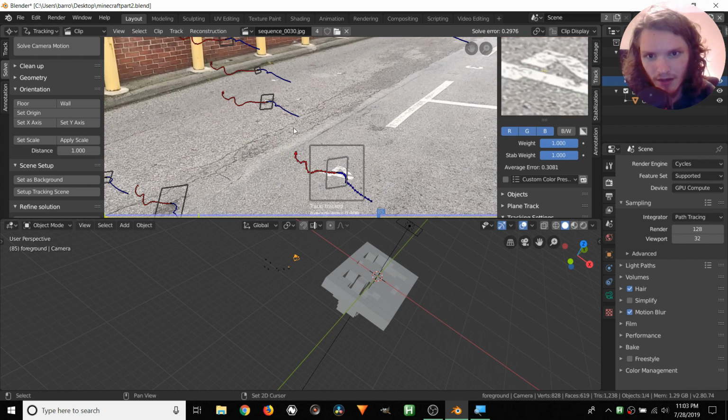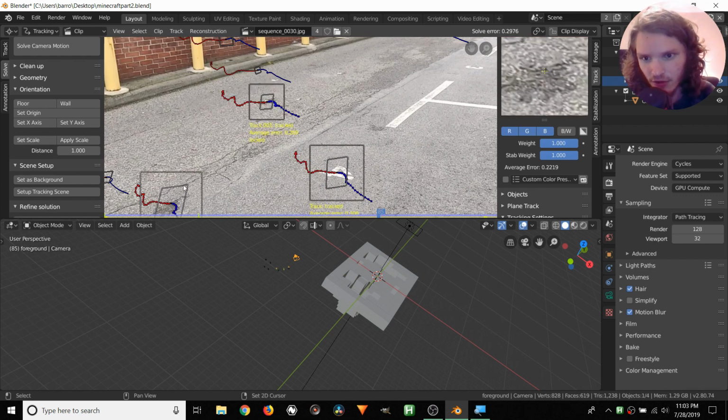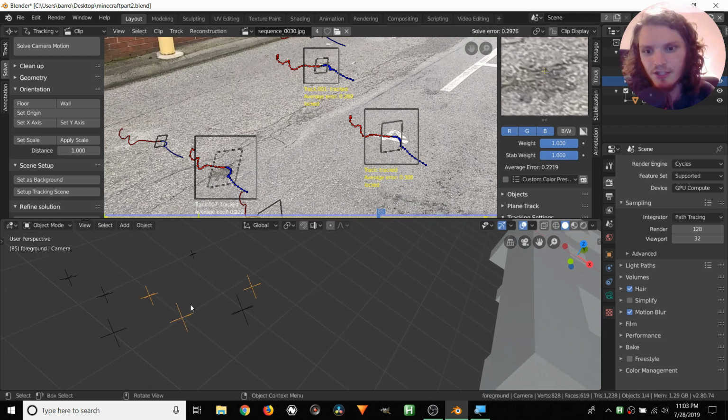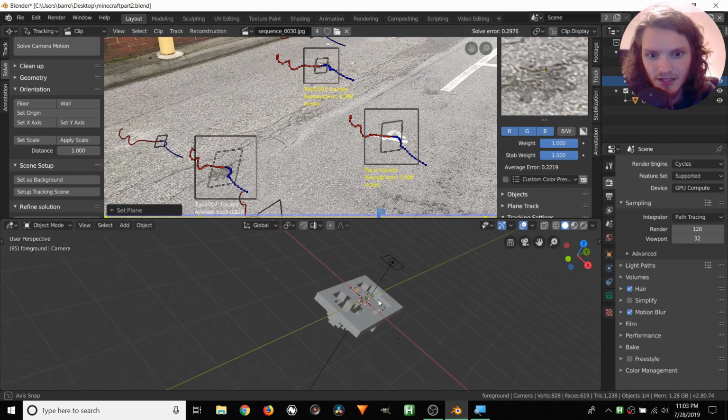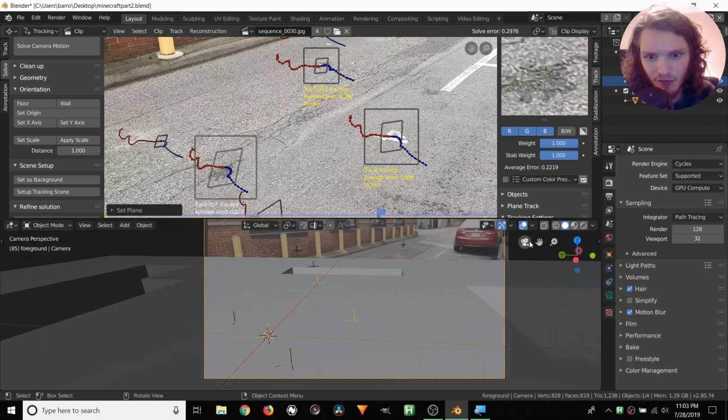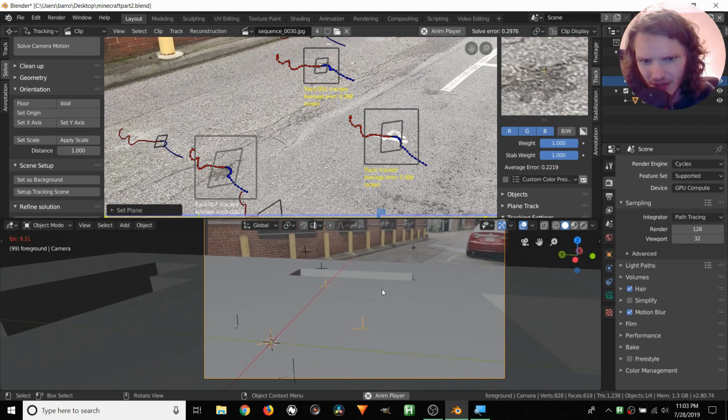We're going to choose 1, shift-click 2, shift-click 3 trackers to be on our floor, and you can see it's picking these 3 trackers. These are the corresponding empties. We select these 3 and then hit floor. And you can see that moved our camera to a place such that those are on the floor. Now when we go into our camera view, it's a bit better, but our crater is huge.